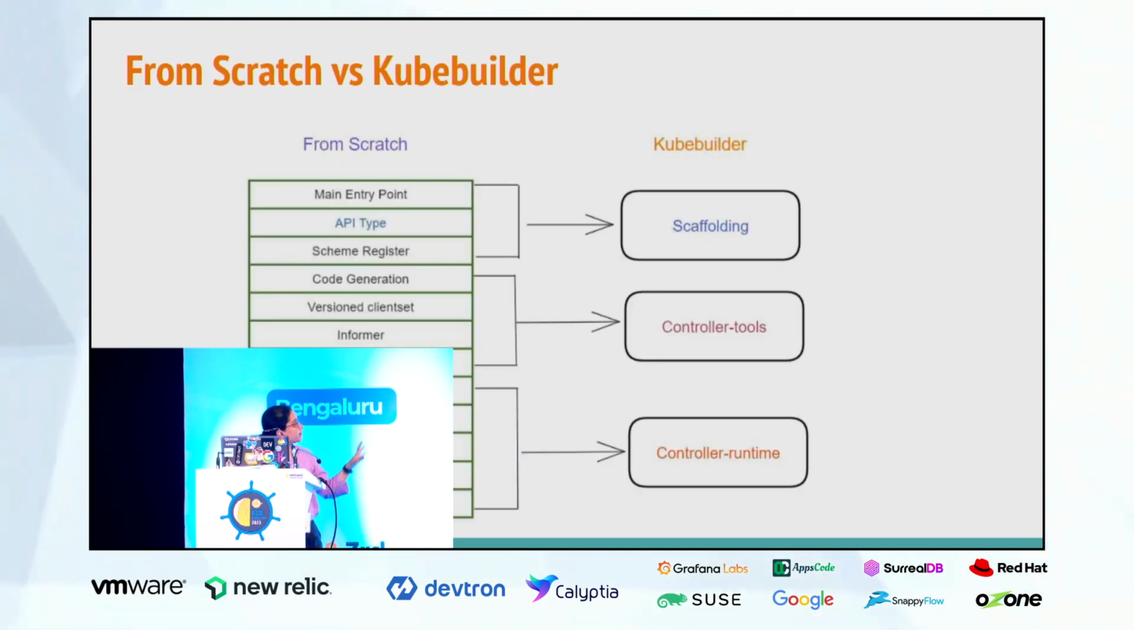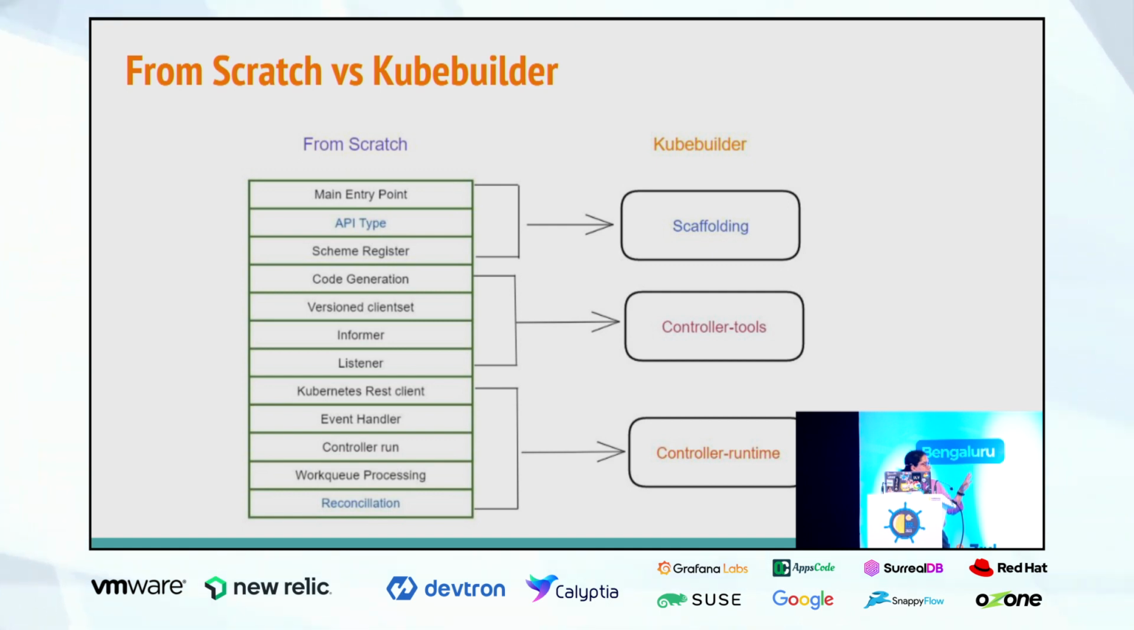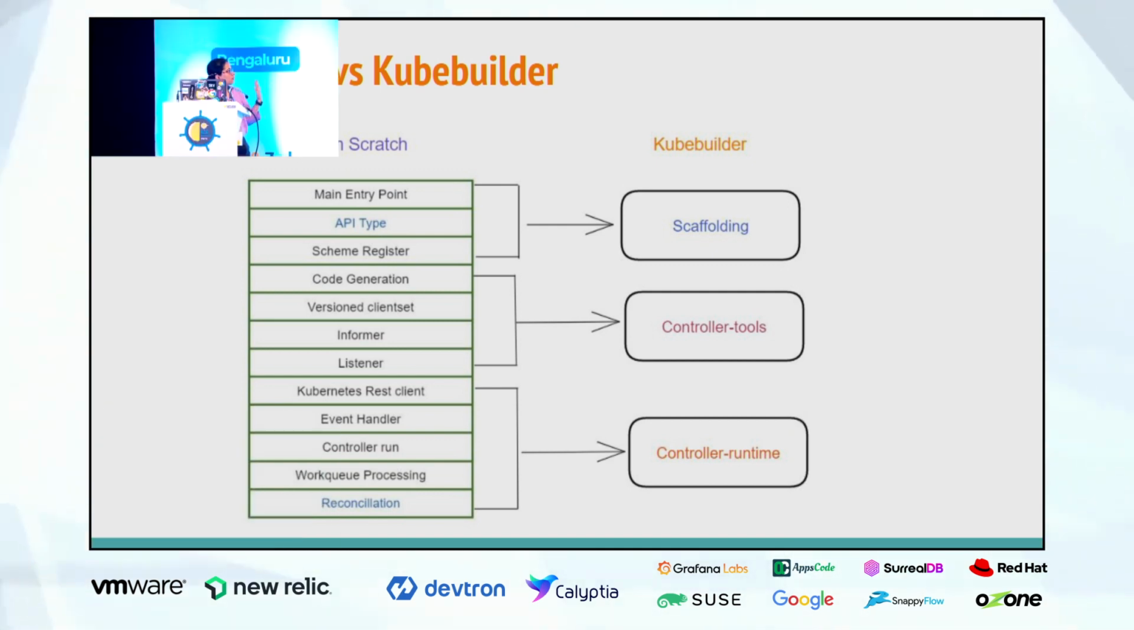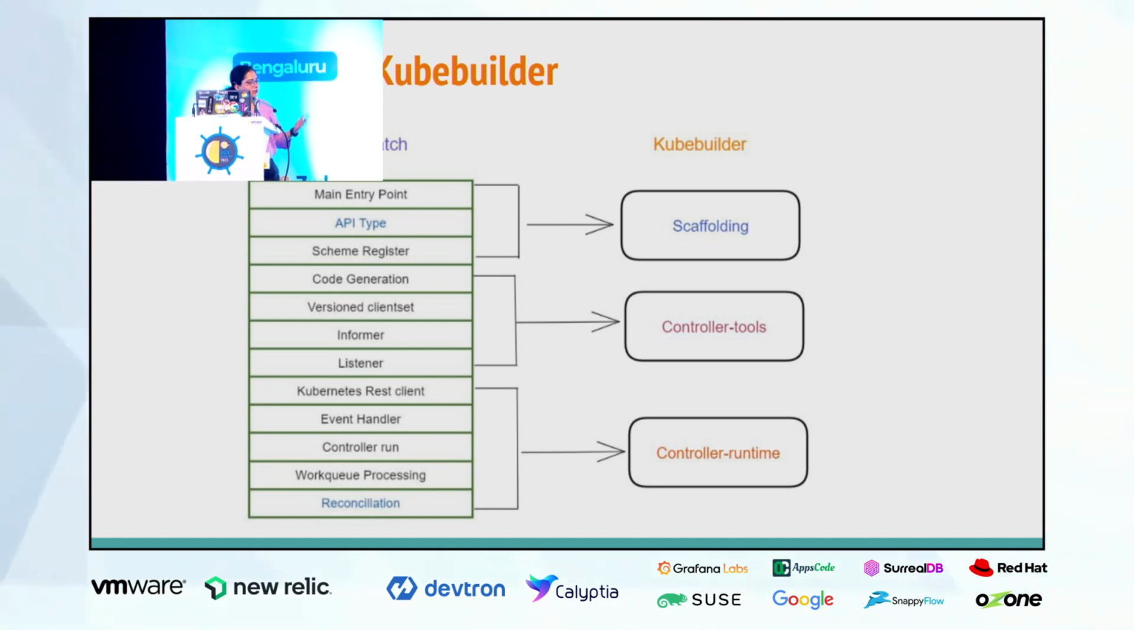So to summarize, whatever the from scratch versus Kubebuilder experience, there's going to be a main.go file which will start your manager in the Kubebuilder. Kubebuilder scaffolds all these things like API type, scheme register, and all these things. Controller tools, as I told you, help in generating the YAML files. So it encapsulates that, and controller runtime helps us in building the APIs, schemas, and all